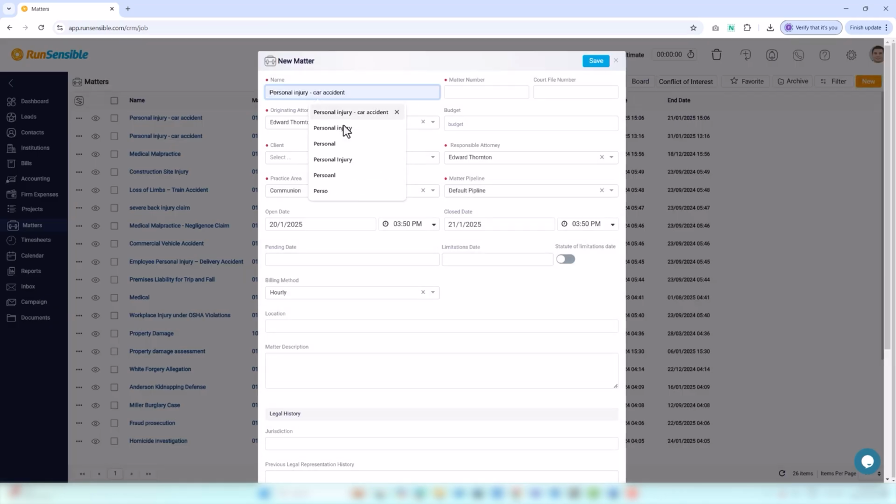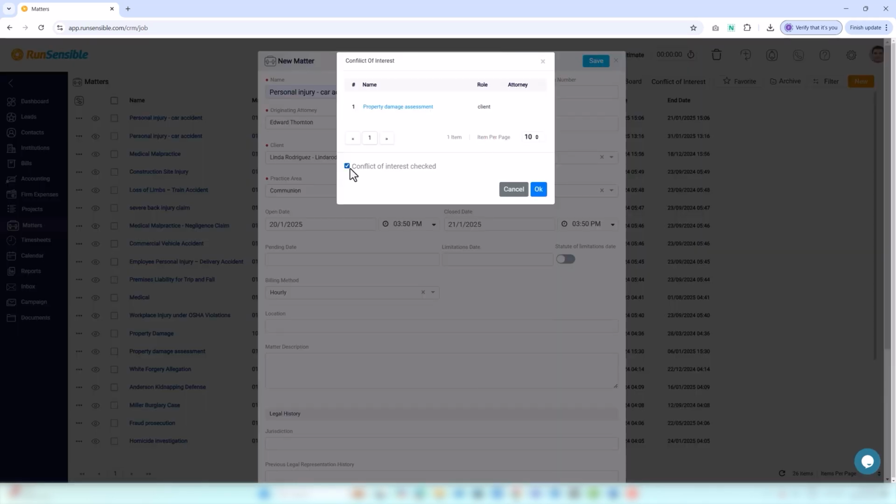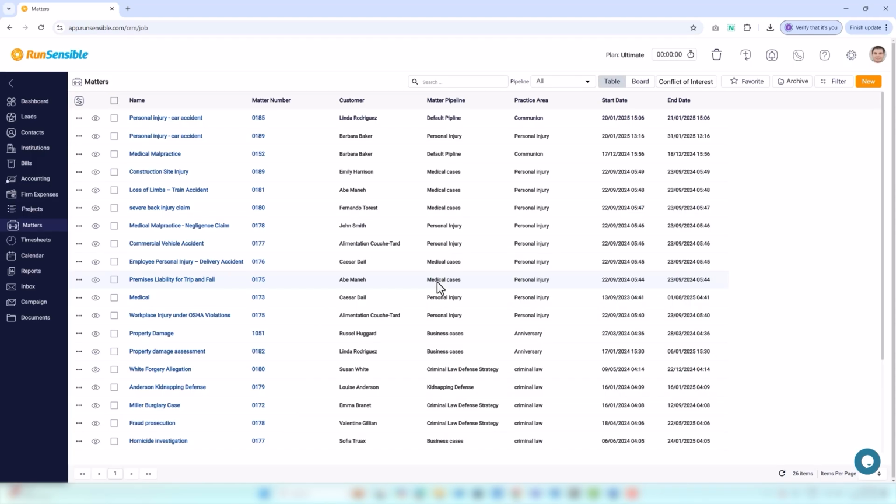nature of the conflict. Once you select the Conflict of Interest checked option, you are presented with two choices: clicking the OK button to proceed or the Cancel button to halt the process and allow for further review of the situation. Once your matter is saved, it will be added to the Matter list, where all your cases are organized